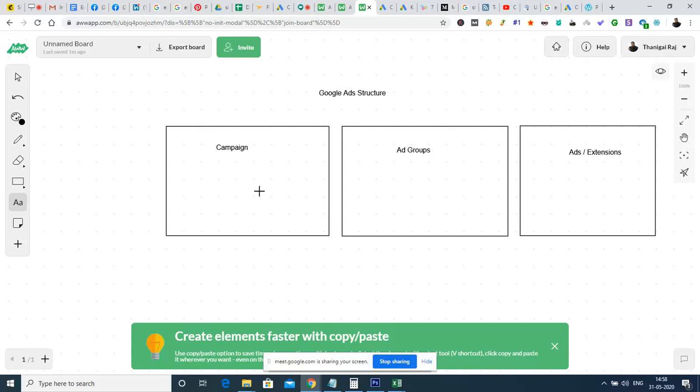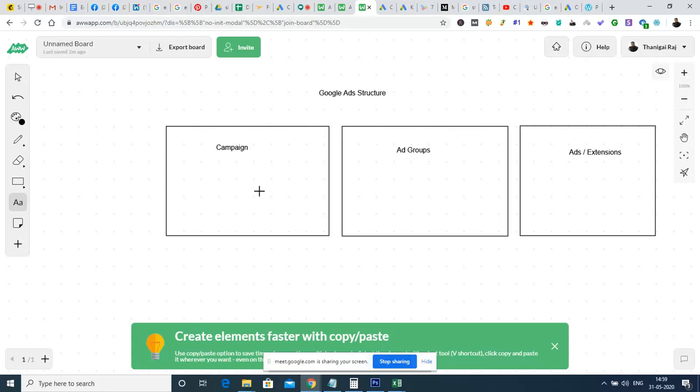So we can create 5 campaigns, and each campaign can have multiple ad groups. Each ad group can have multiple advertisements. That is how the structure works. It will be like a folder. Campaign will be the major folder, ad groups will be the subfolders, and ads and extensions will be like the files inside the subfolder. So the major folder can have multiple folders, and all of those can have multiple ads inside them, right?